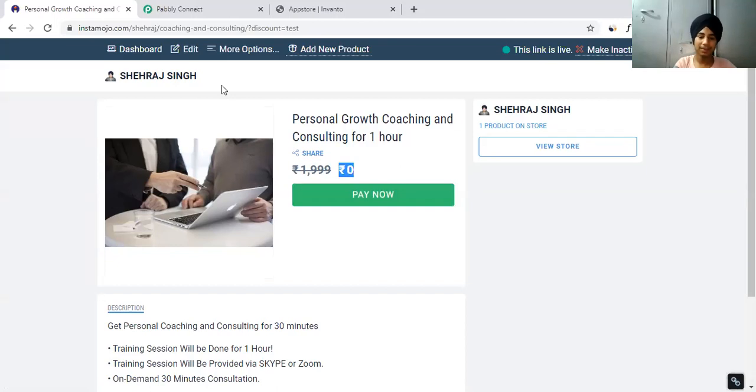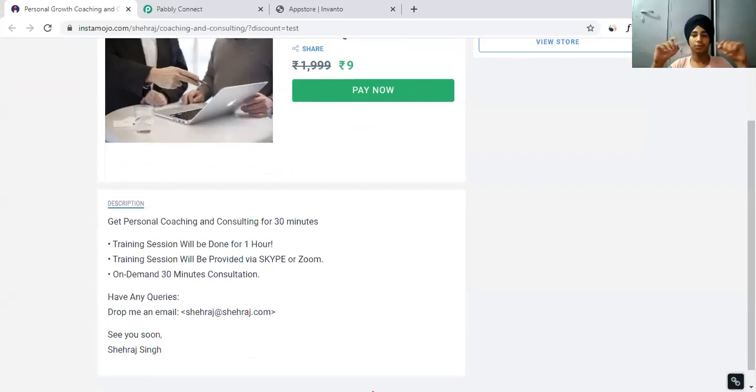Okay, perfect. So I have to pay 9 rupees. You can't do a free payment because you need to do a payment where money is sent. With that, we can apply a filter inside Pebble Connect that if money comes in, then send the webhook, and do not send any webhook if the payment fails. If the payment fails and it sends the webhook, what is the sense behind it, right? So let me click on pay now.